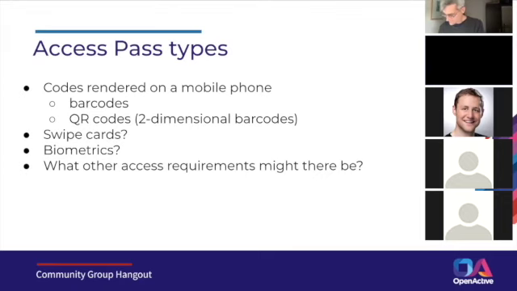So basically, I think the top two new examples here, barcodes and QR codes, whether those are on a physical card or on a virtual card, both. We haven't spoken about biometric passes or anything like that. And I don't think those have been raised by either of the operators in the MCR project, at least so far. So in terms of types of passes, that's currently what's being discussed and being implemented with Legend in MCR. I can obviously talk a little bit more about access passes in general, but that sounds like the scope of this slide, at least, but I think it would be useful to expand it, if you don't mind.